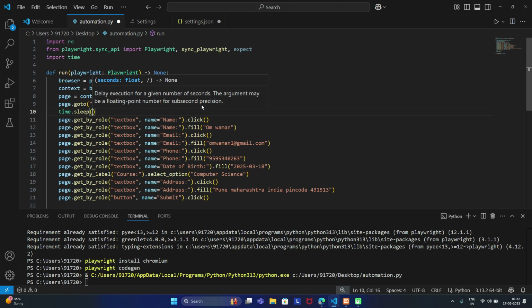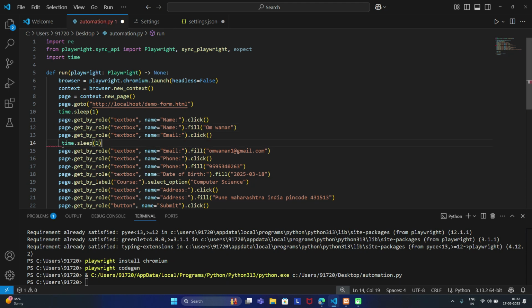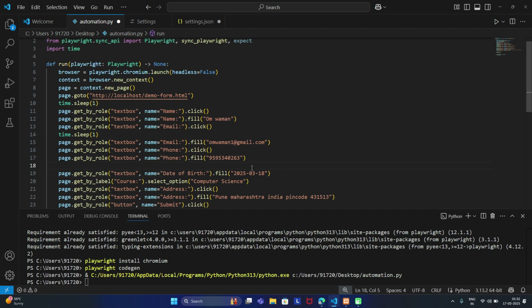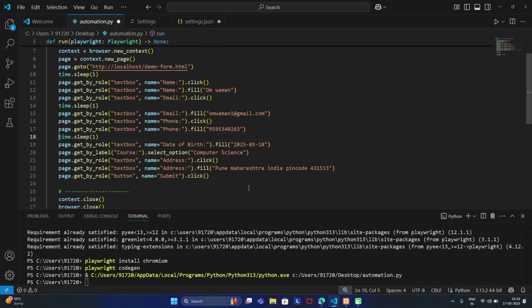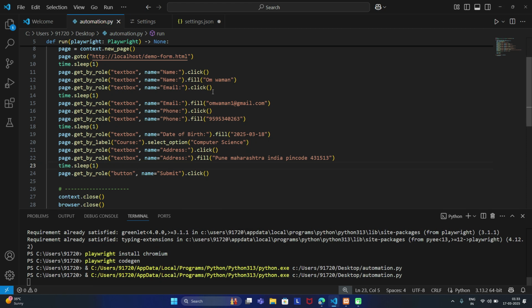I will wait for 1 second here so that I can clearly see the filling animation. So time.sleep 1 second, and before clicking on the submit button also we will wait for 1 second. Now see,